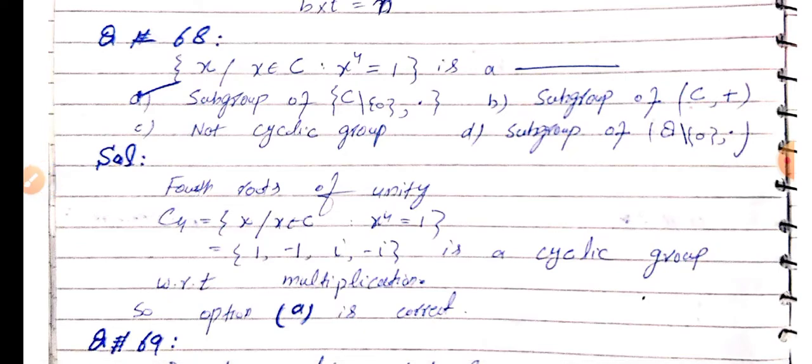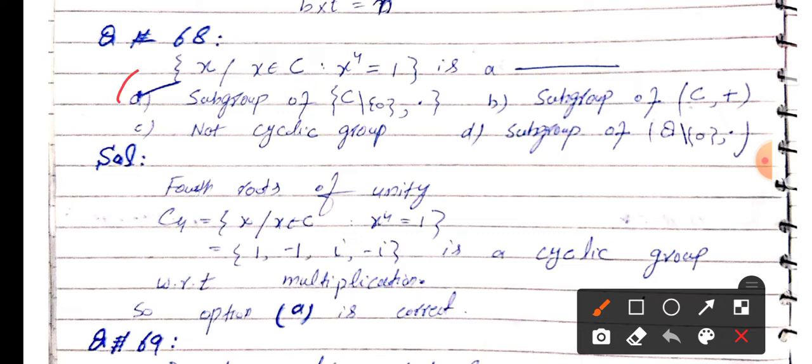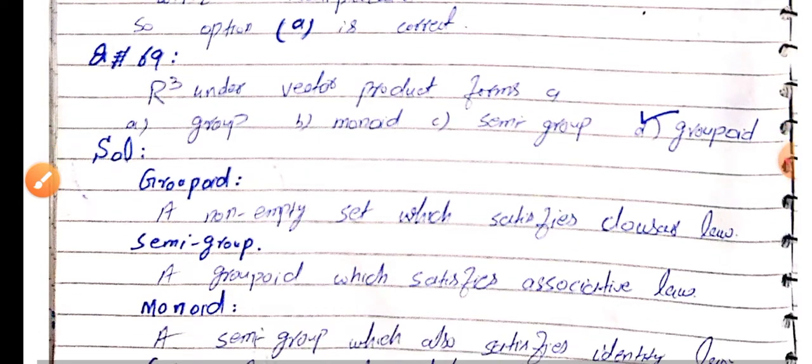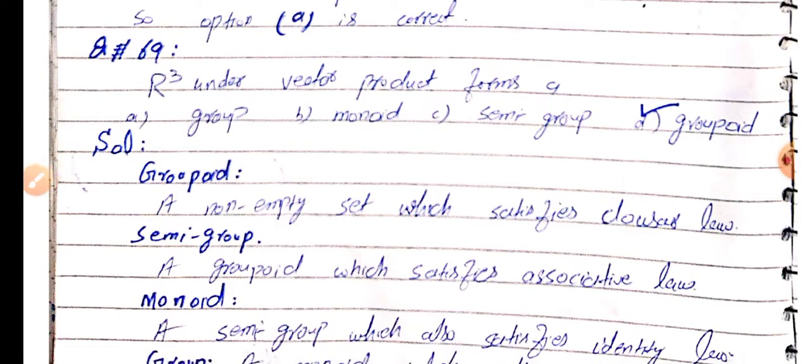68. x belongs to C, x power 4 is equal to 1. The correct option is A. Subgroup of C minus 0 under multiplication. 69. R3 under vector product forms a